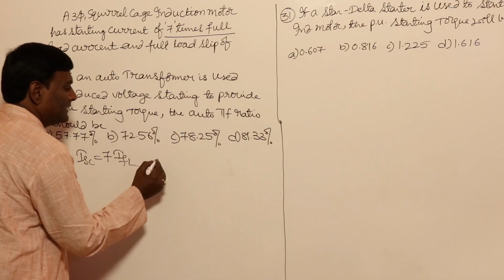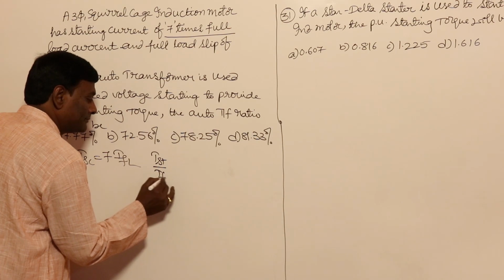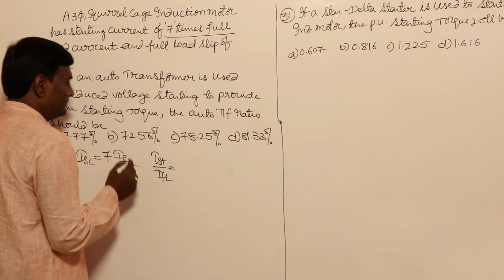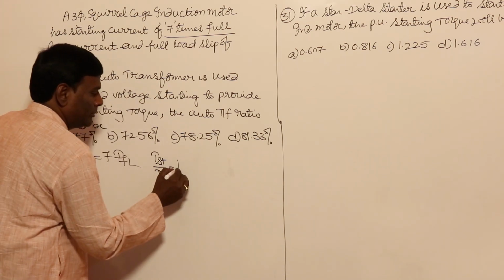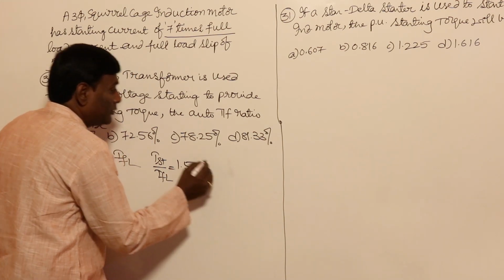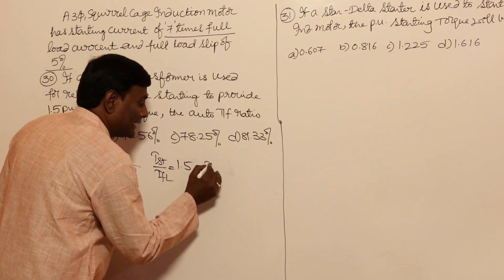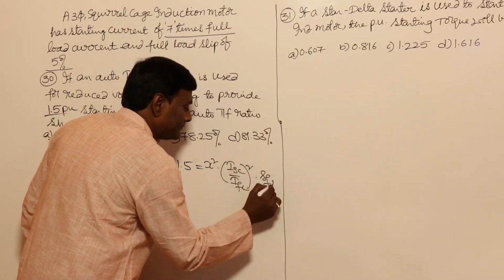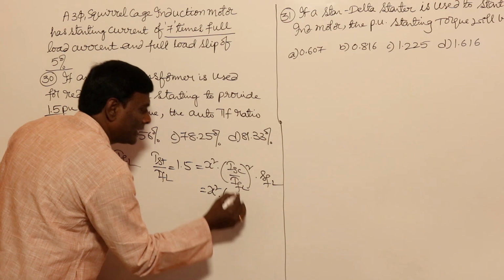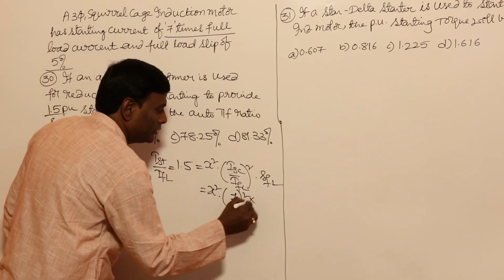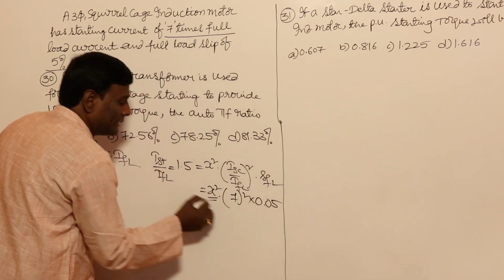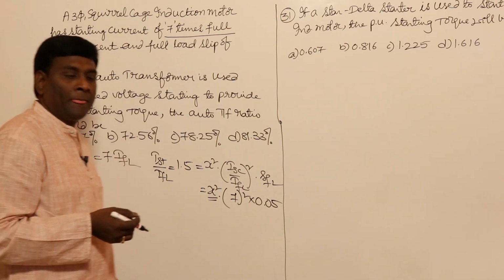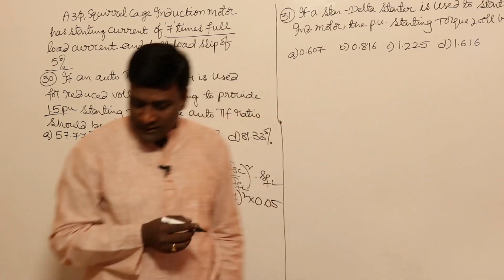Okay, so they are saying starting torque in per unit, with respect to rated, or full load torque. How much have they given? 1.5 per unit, so it should be 1.5. For that, we already know that for an autotransformer starter it is x square into (ISC by IFL) square into SFL. So this is going to be x square into 7 square into 0.05. Calculate x. If you calculate x, x into 100 is the percentage of the autotransformer transformation ratio. So x came down to